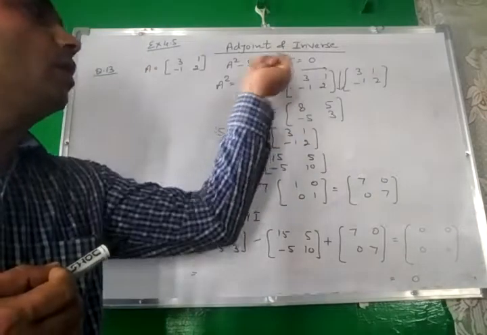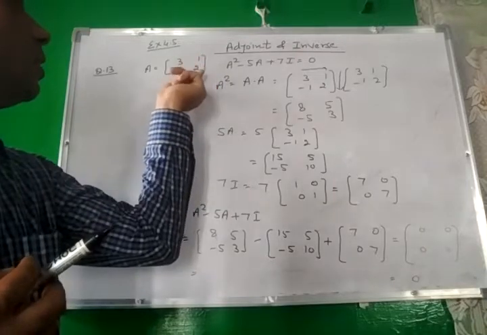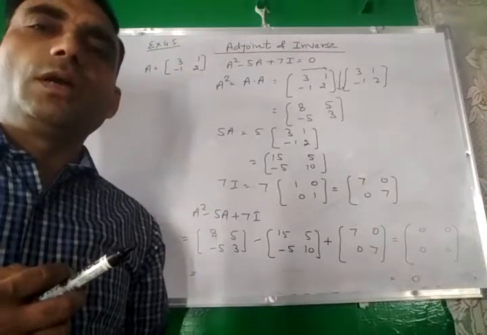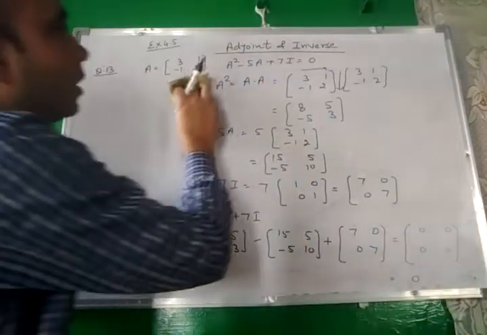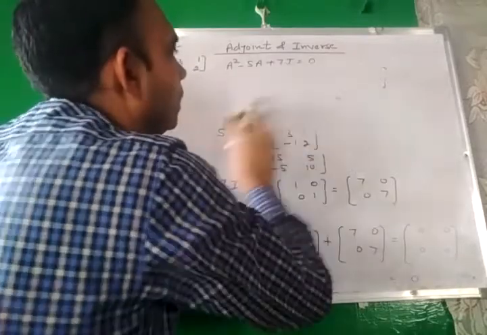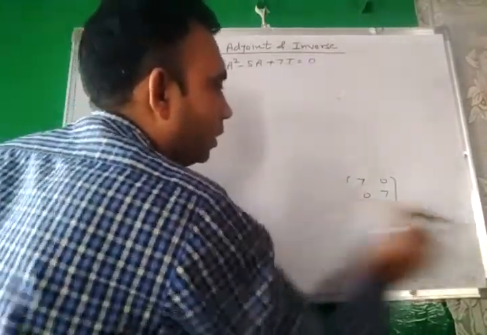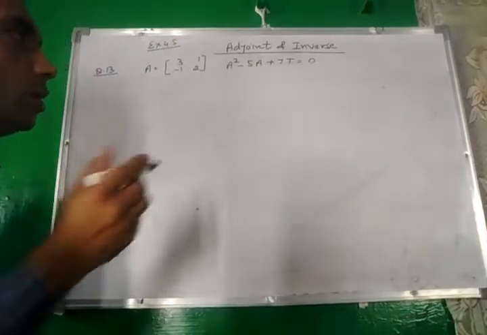ये हमने वेरीफाई किया। अब हम फाइंड आउट करेंगे A इनवर्स। हालांकि A इनवर्स एडजॉइंट ऑफ A अपॉन डिटर्मिनेंट ऑफ A से फाइंड आउट कर सकते हैं, लेकिन क्वेश्चन में लिखा हुआ है हैंस फाइंड A इनवर्स। तो हम क्या करेंगे, जो गिवन इक्वेशन है इसी को यूज करेंगे A इनवर्स फाइंड आउट करने के लिए। हैंस जहां लिखा हुआ है मतलब हमें वही इक्वेशन यूज करनी है।